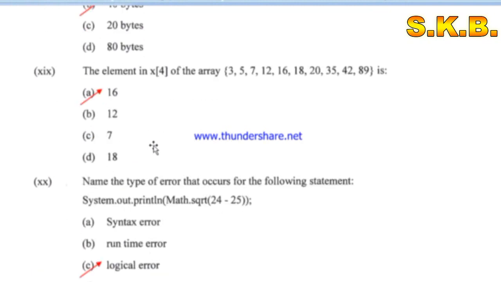Now question number 19. The element in array x within third bracket 4 indicates the index position of the array. These are all the elements that have been given. So array name is x and within the third bracket 4 has been mentioned. It indicates the index position 4. So students,